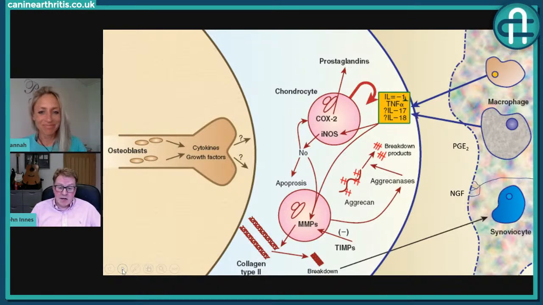Well, you're absolutely right, Hannah. And within that, this is very simplified. There's loads more going on, but within that, there are some really important targets. And drug companies have been looking to develop agents against those targets for the last 30 years. And some, obviously, like most drug development, some come to fruition, some do not. Absolutely.